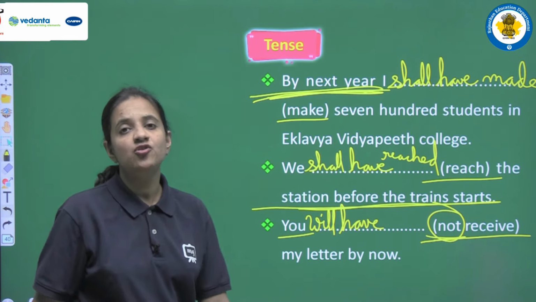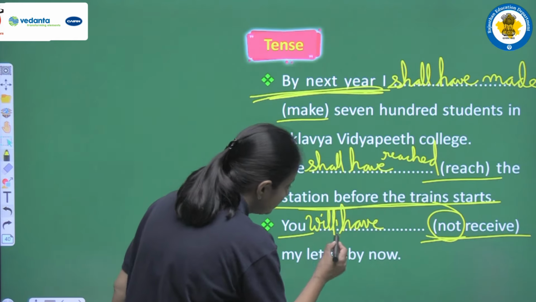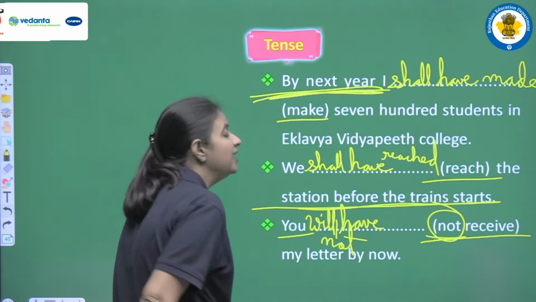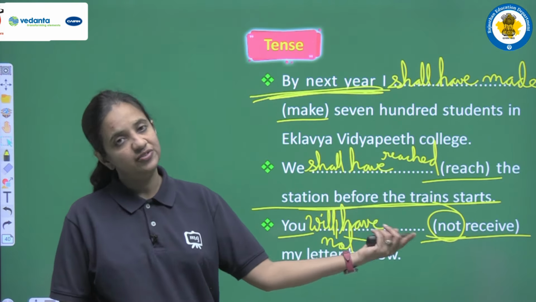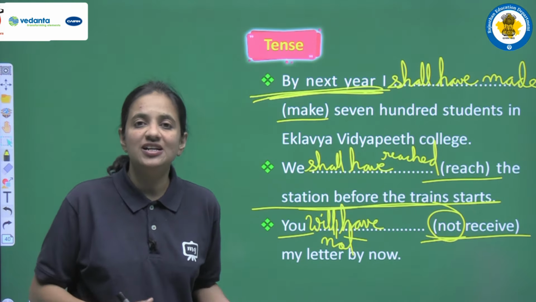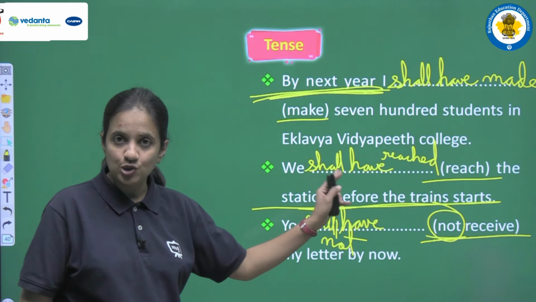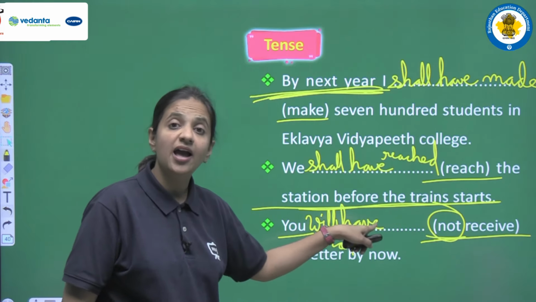When we are having not in the sentence, so not will be there between will have. This is something very important, that in a negative sentence these two words, will have, or shall have, won't come together. Not will be there between these two words. So our sentence will be: You will not have,